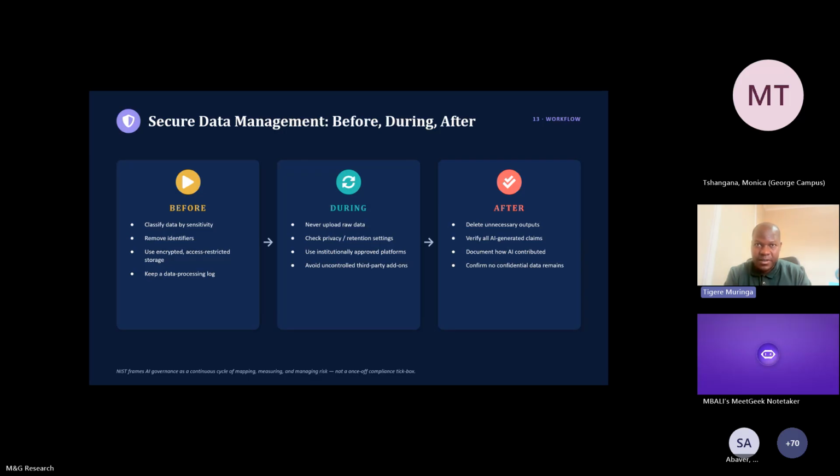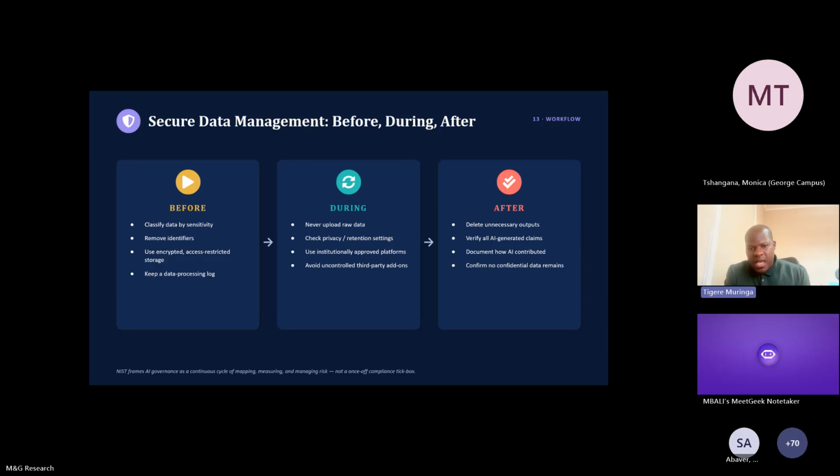This is very important, right? The NIST framework of AI governance is a useful approach because it frames AI governance as a continuous process of mapping, measuring, managing, and governing risk rather than a once-off compliance. So we're saying the ethical use of AI and responsible use of AI in terms of